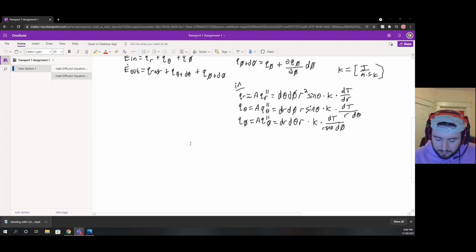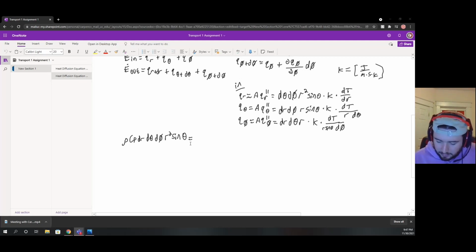So starting with our energy storage, we have our density times our specific heat times dr, d theta, d phi times r squared sine theta